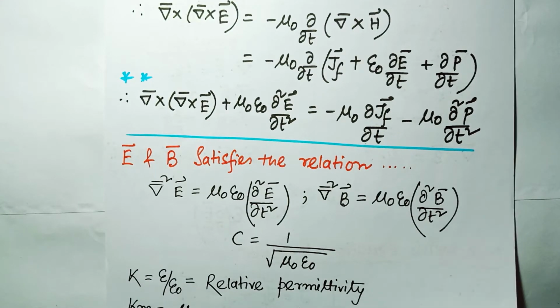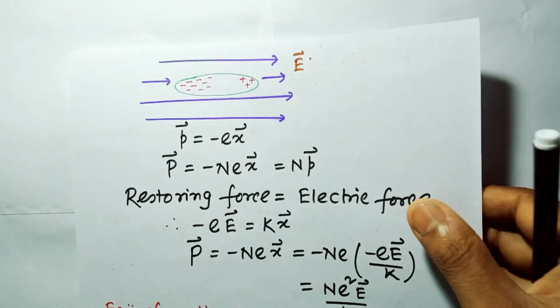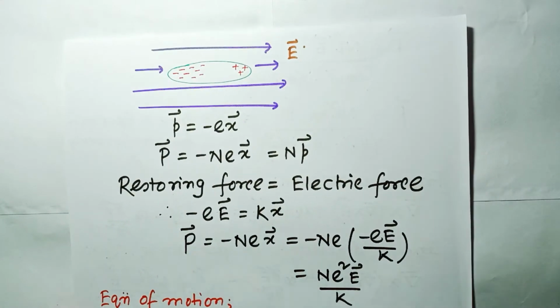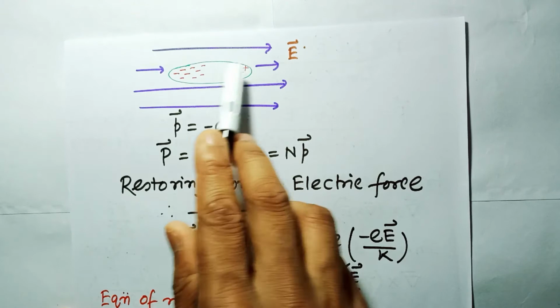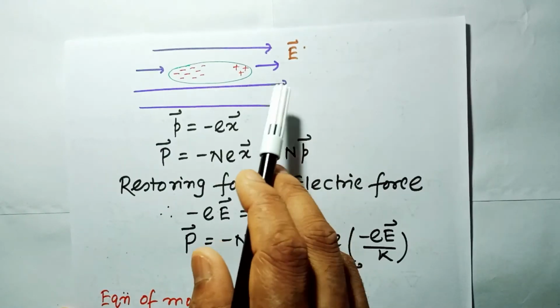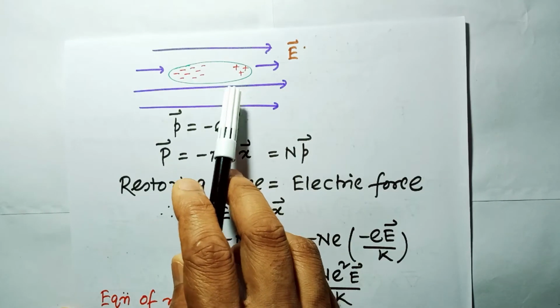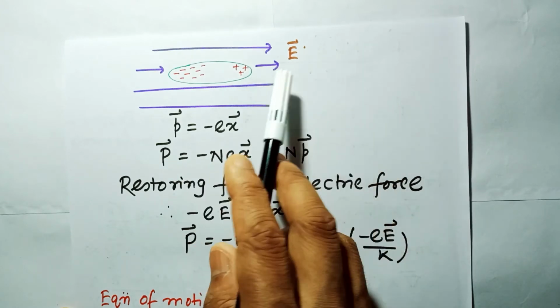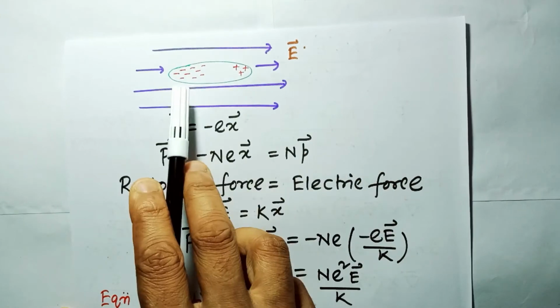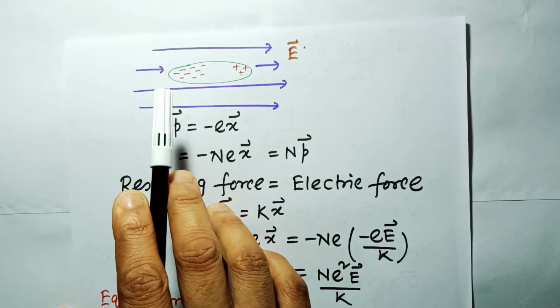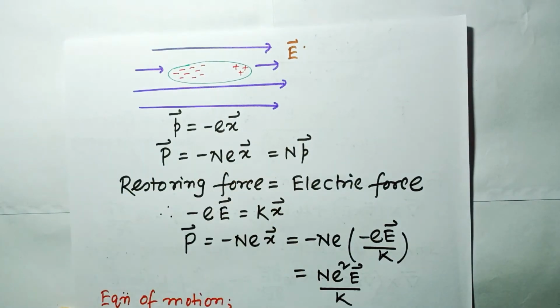So you can see from this diagram, this is the electron, this is the one atom, and when it is placed inside some electric field, the positive side gets attracted towards the direction of the electric field, and the electron cloud will get displaced in the opposite direction of the electric field. So with the presence of the electromagnetic wave, the electron charge minus e gets displaced from